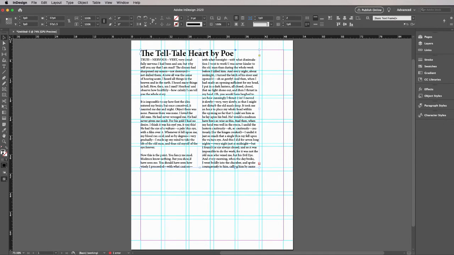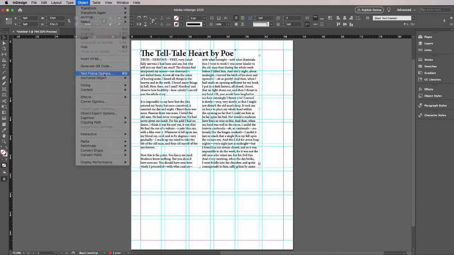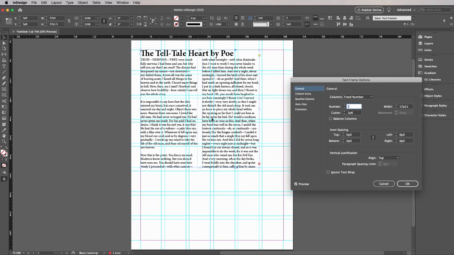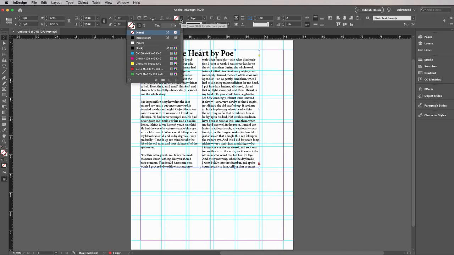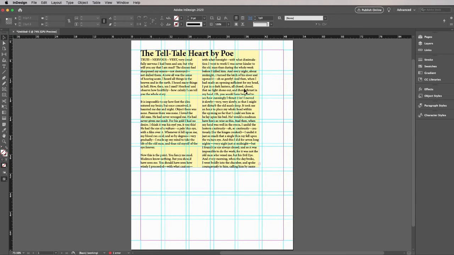And the other thing I can do with a text frame is settings, text frame options. I can actually inset this text inside the text frame. So let's look at it this way. Say I wanted to put a colored background. I'm selecting the text frame and I'm going to pick a yellow, and let's make that a tint. Okay, which is all fine and dandy, but the text is still bumped right up against the edges of the